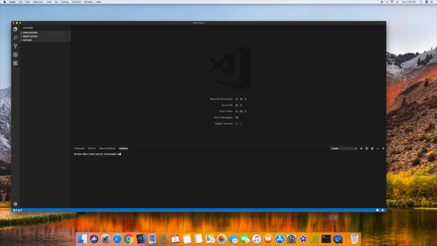First of all, I'm going to check which directory I'm in. I like to create my projects under a projects folder in Documents. So I'll go here. And from here,